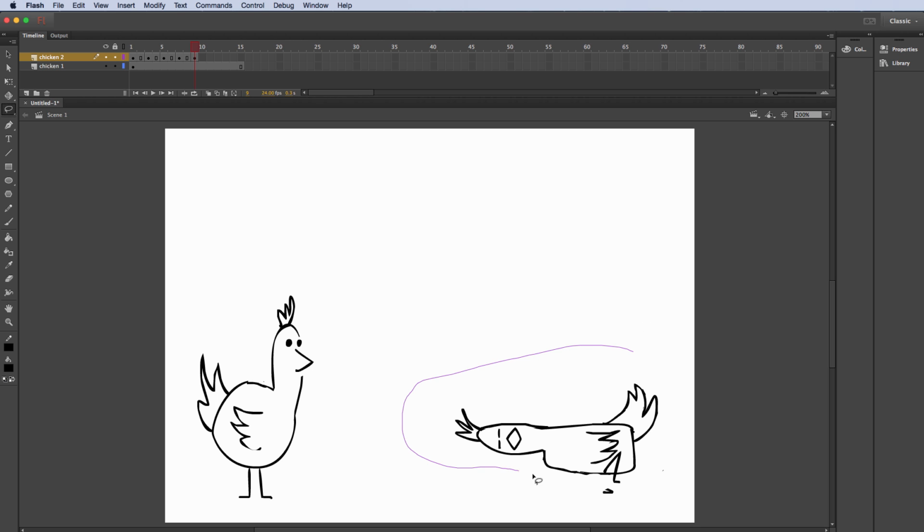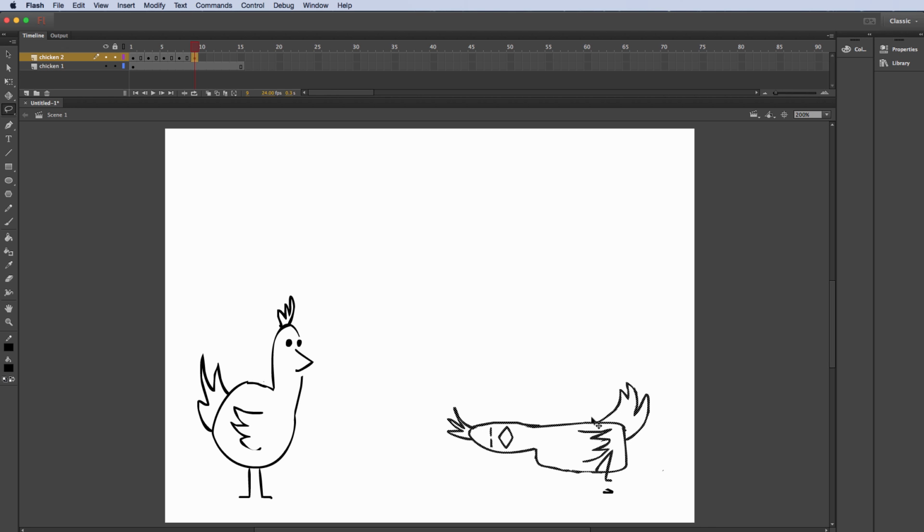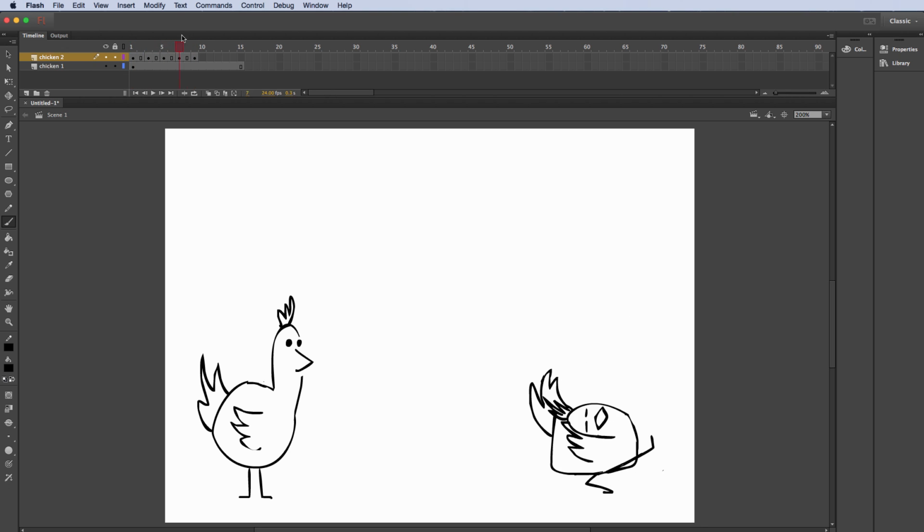And I'm going to take this drawing and I'm going to just move it over. Okay, and maybe up a little bit. All right, so now I'm going to just draw this in here like that. So we got to keep that moving. So let me look at this onion skin and just kind of check. Okay. All right, that looks pretty good.